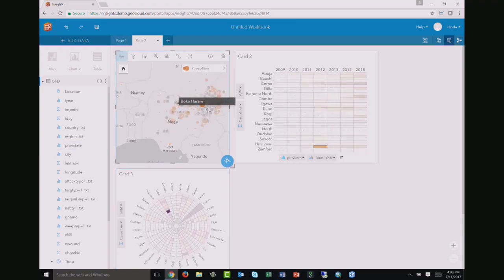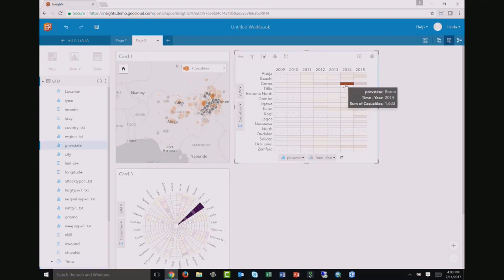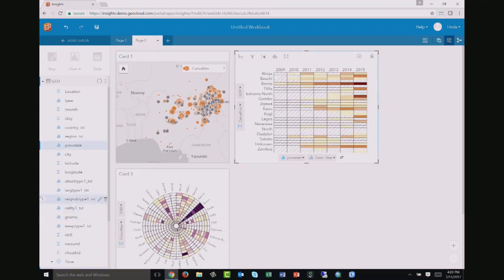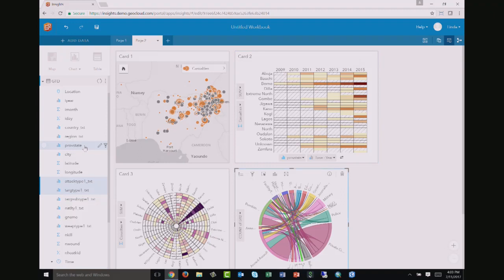So now we're looking at the pattern by year, by month, by location, to see how many casualties have been involved. So let's take it down to seeing what type of attacks have been occurring. So we look at the type of attacks, and let's also look at who's been targeted. So I'm clicking on the 2 pieces of information I'm interested in, 2 categorical variables. So I'm going to use a chord diagram there to understand what's been happening between these